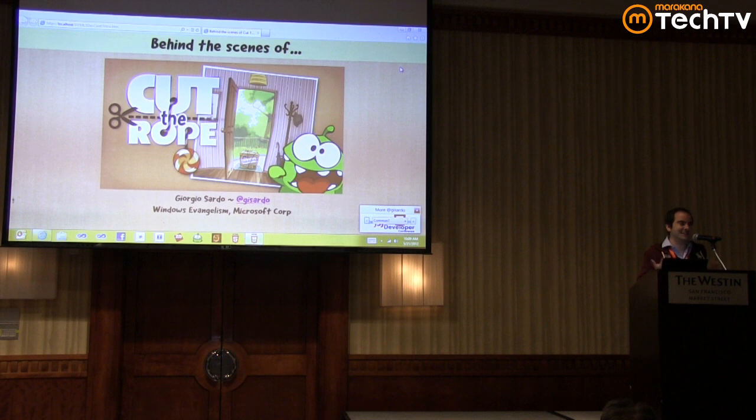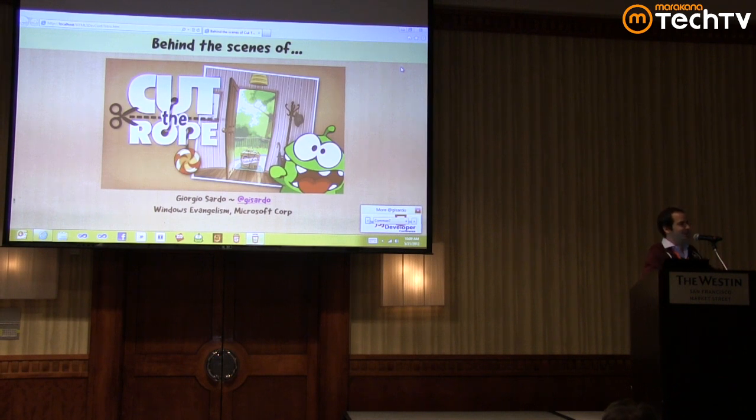And so we thought, let's create a challenge. Let's take a native application, a native game running on iPhone and iPad, and let's turn it into HTML5. And this is what we did with Cut the Rope. So now I'm going to share with you some of the code, some of the learning, and some of the process we went through to take a native application on iOS into an HTML5 application running in any browser. So it's not IE only, right? Running in any HTML5 powered browser.